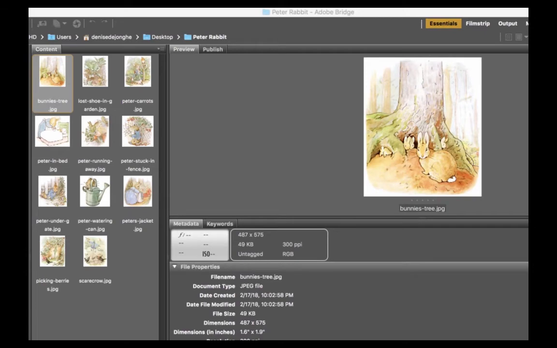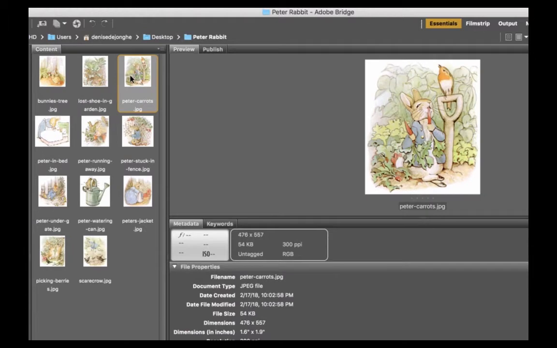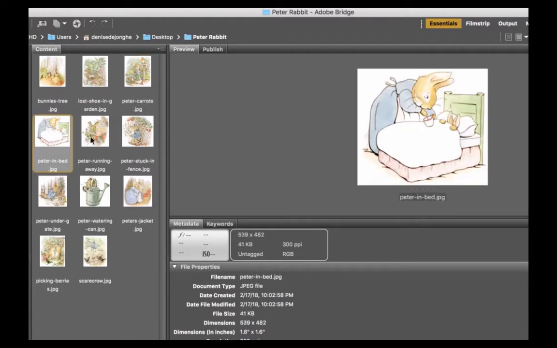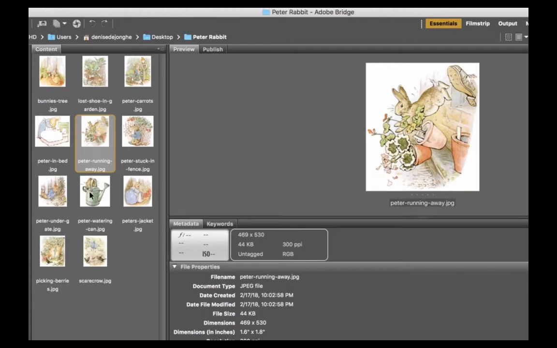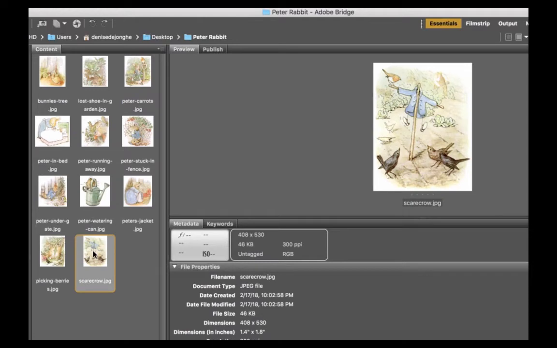I really liked more than 6 images, which is fine. You need to have at least 6, and then rename them to describe what's in the image. Like this one's just bunnies and tree, lost shoe in the garden, Peter with carrots, Peter in bed, Peter running away, and this one was Peter in watering can, and scarecrow. Just name them so that you know what's within the image, rather than having Peter 1, Peter 2, Peter 3, rather than having image and a number. You'll be able to easily locate your images and also name your layers the same way when you work in